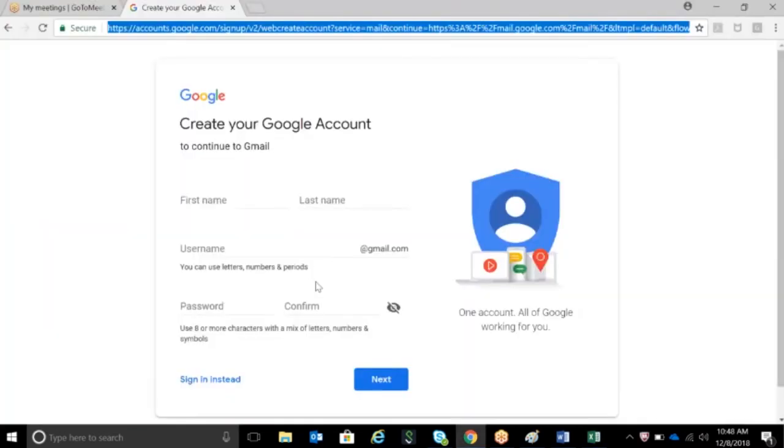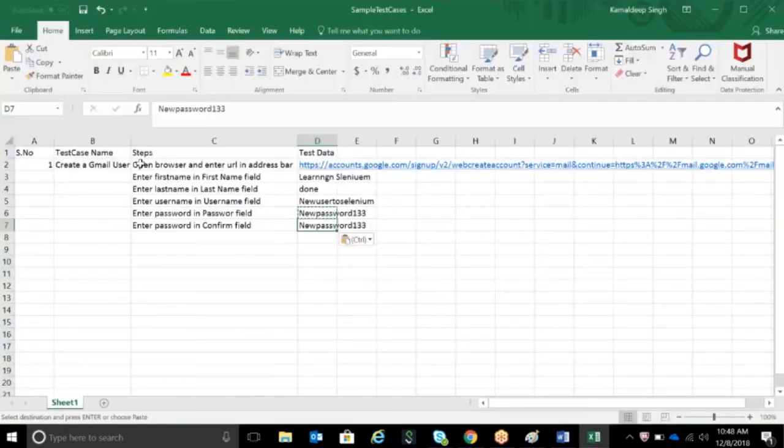I'm using the same one because it is a confirm field, right? So this is one way to do it, right? This is how we proceeded. It is one.